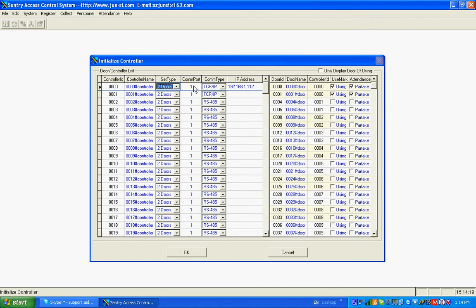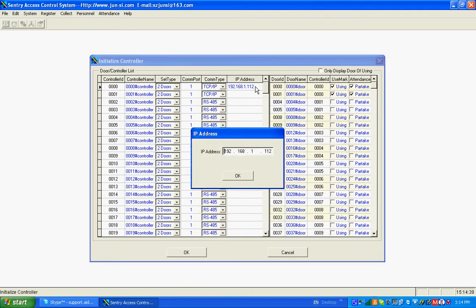The COM port is 1. Communication type is TCP/IP or RS485. So we can select TCP/IP since we are using TCP/IP. We have to type in the IP address of the DT6000 controller. In case you need to make any changes to the IP address, we can type in the IP address